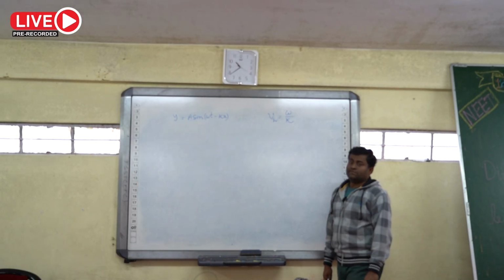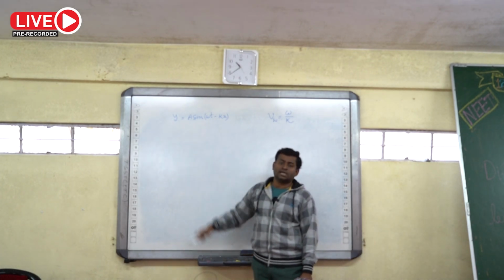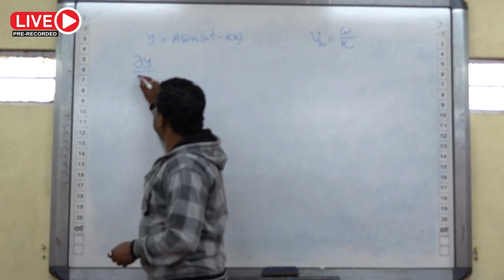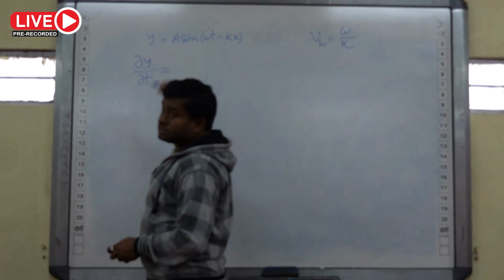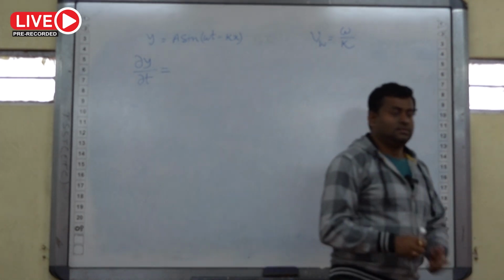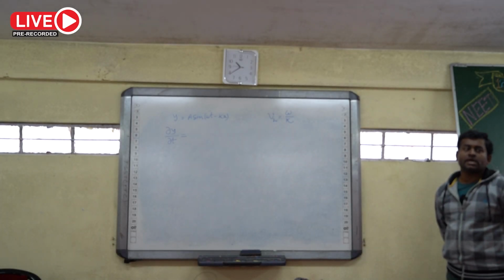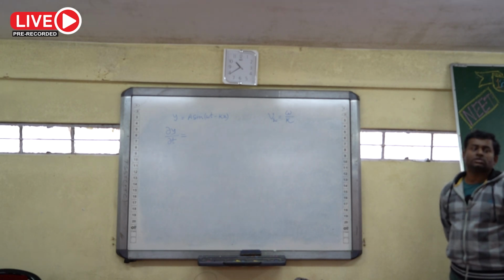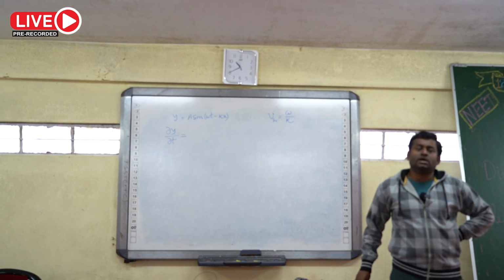Now if you differentiate this equation with respect to time, calculate del y del t. Del y del t is a partial derivative, that's why I write del. While taking the derivative with respect to time, consider x as a constant. Calculate the derivative and tell me what is coming. Del y del t equals